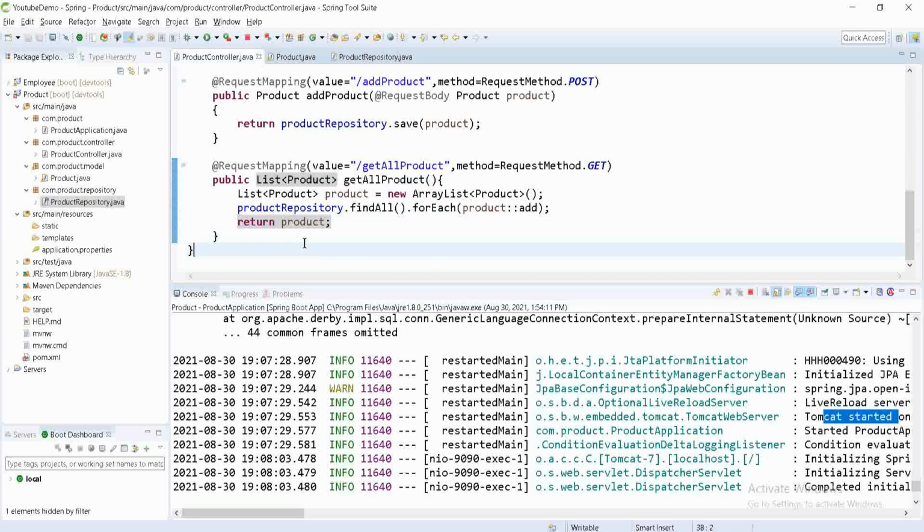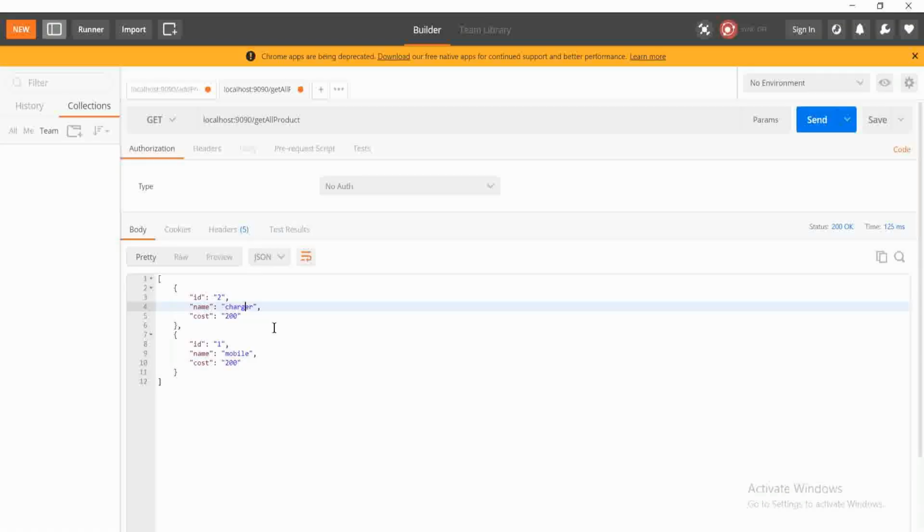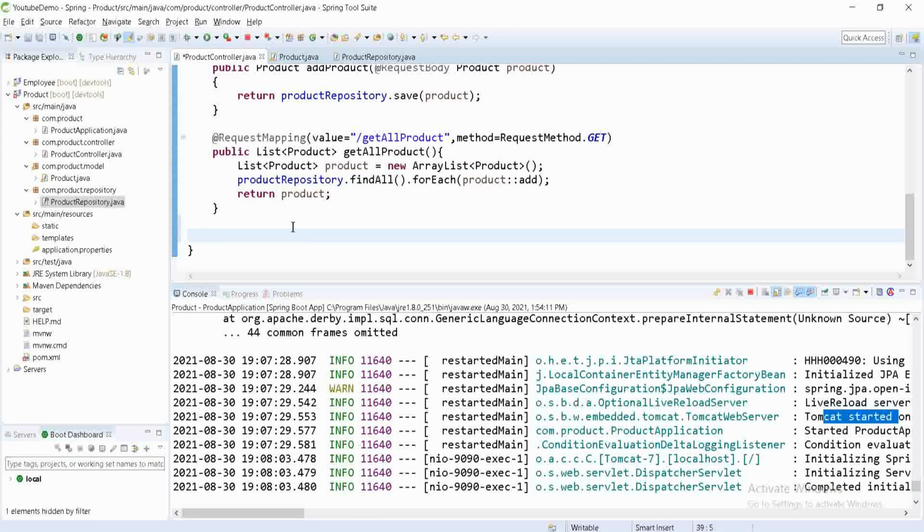But what if I want the product by specifying its ID? Now here we have two products, so I want only product 1 by specifying its ID. So let's see how we can achieve that. Again I'm going to use this request mapping. The value will be, value means its API name that we have to specify into the URL, get product by ID. This URL name also should be meaningful. Then the method will be